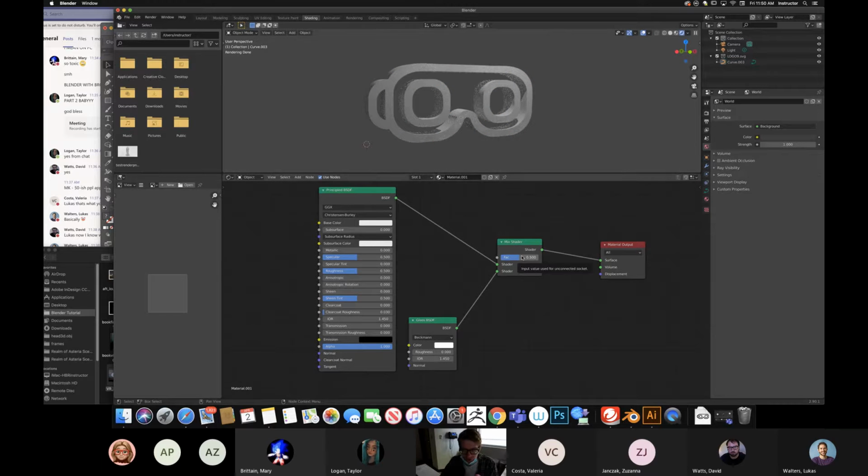And the way you would, so this is half and half, but if you wanted it to be more solid, you'd crank it all the way this way, and then the more you crank it to the right, it would be your other shader. So now you can see we have a kind of stained glass look. And yeah, that's basically all